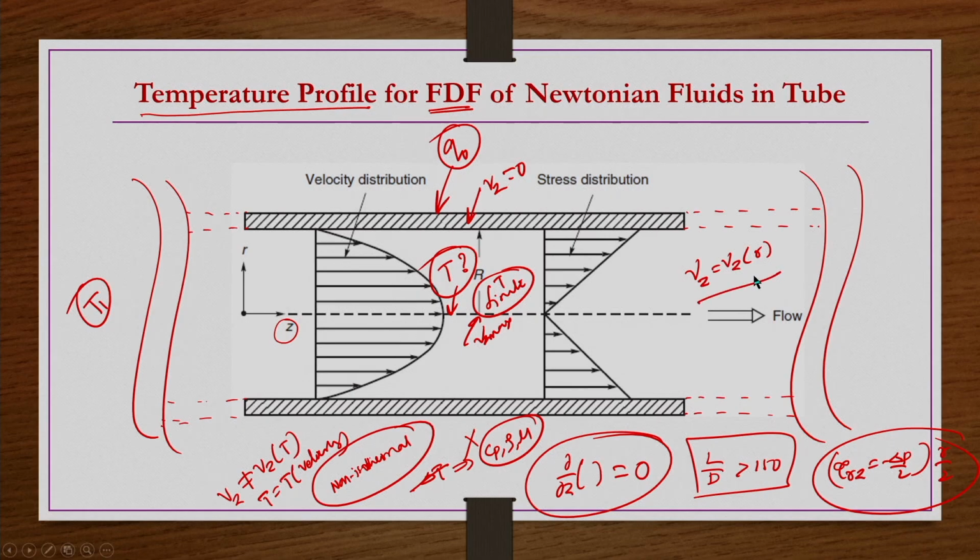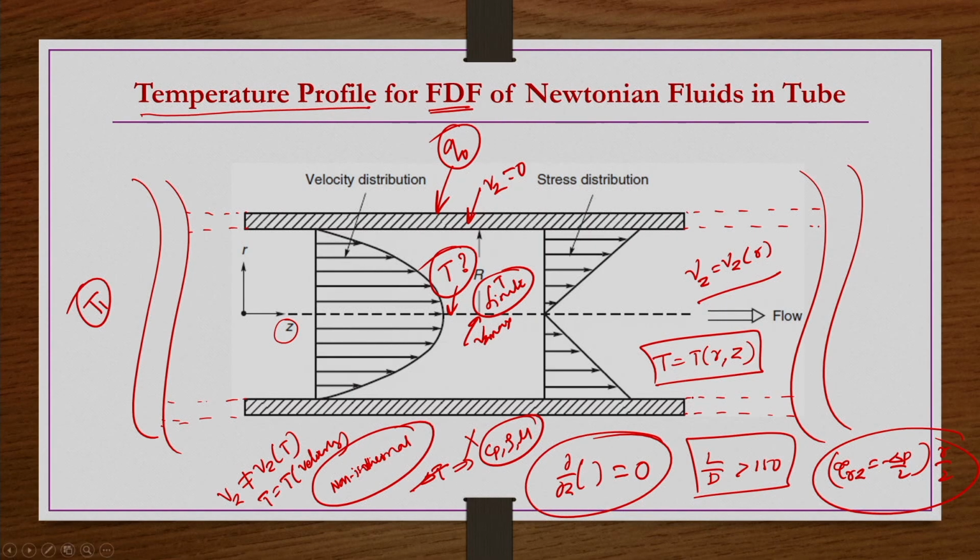So, definitely it stands well, but under such conditions, even though velocity is a function of R only, you cannot say the temperature is a function of R only, it may also be a function of Z, especially because the temperature condition at the inlet is different from the wall conditions, center temperature conditions. So, now here more than one variable is coming into the picture, whose effect should also be taken into consideration.